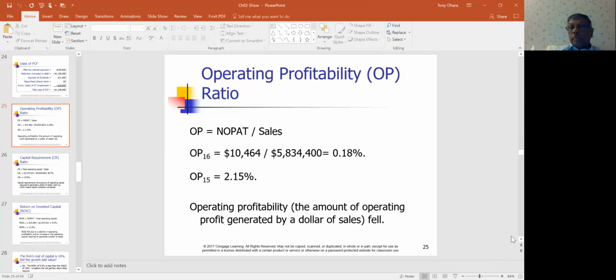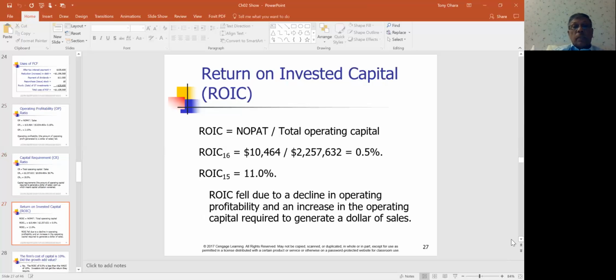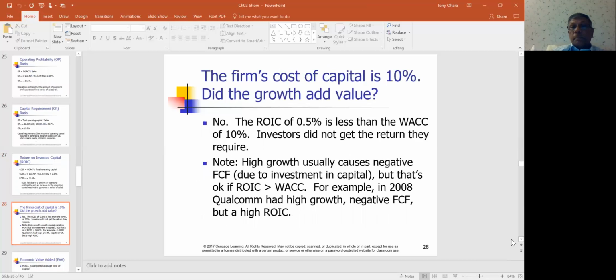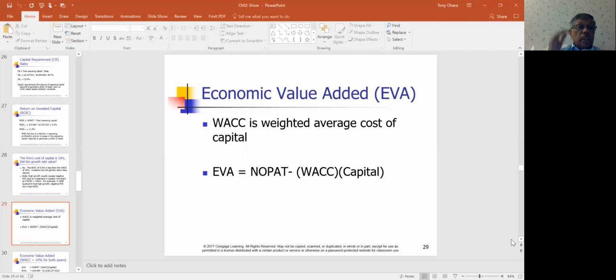So we go forward, and you can see that they use this very nicely to come up with the answer, come up with what we're looking for, which is free cash flow. Now, this thing called economic value added is very important because the weighted average cost of capital